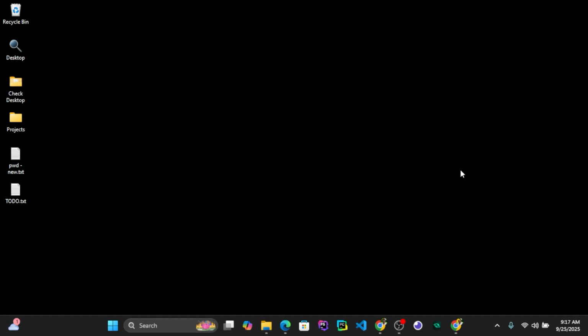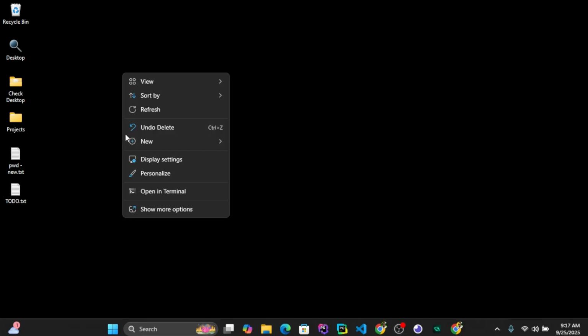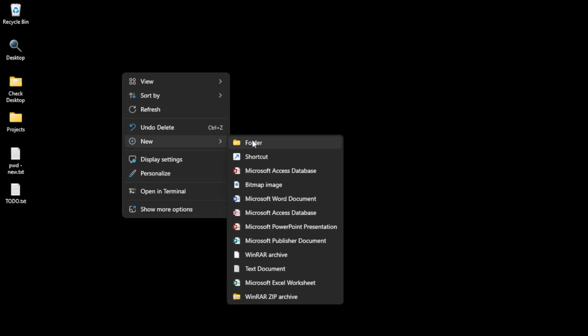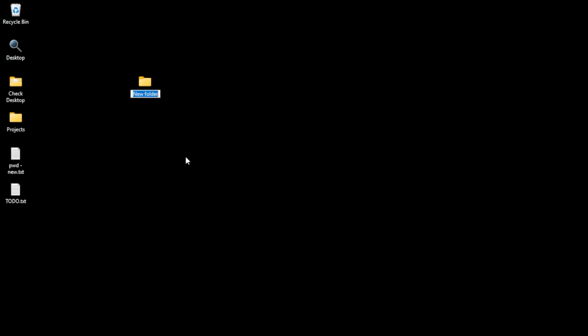So let's see how you can initialize a Python environment in your project. To initialize a Python environment, we'll start by creating a new folder on our desktop here. New folder. Call it environment